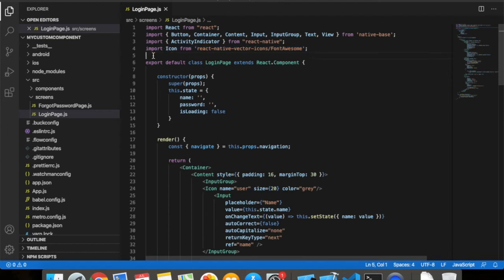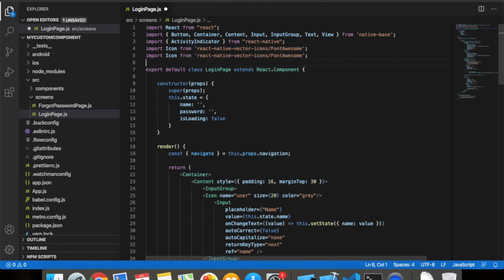So all I need to do is write an import statement again, but this time instead of calling it just icon, I am renaming it and calling it password icon. If you want to be very sure, you can directly use the font family names in your import statement, so that you come to know which font family this icon belongs to.